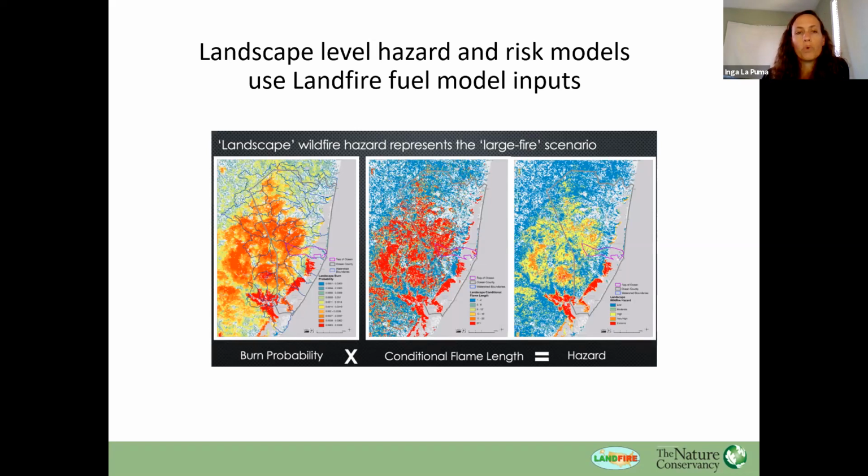So when CPAW, the Community Protection Against Wildfire Program, came down to New Jersey, which is where I'm from, and where I'm quite involved, they ran the FSIM model to get their hazard estimations for this area of the Pinelands in New Jersey. When you do those FSIM fire behavior models, you get an estimate of burn probability and flame length, and you multiply those together to get your hazard.